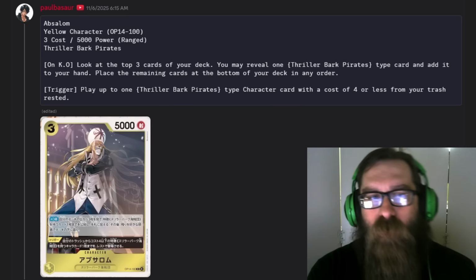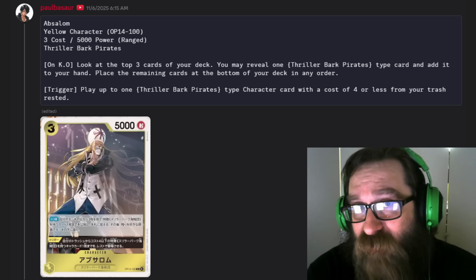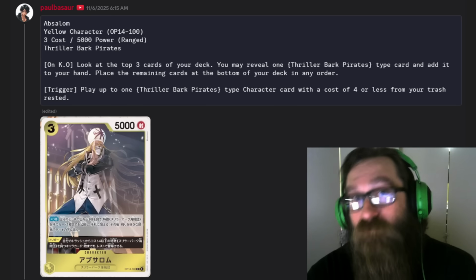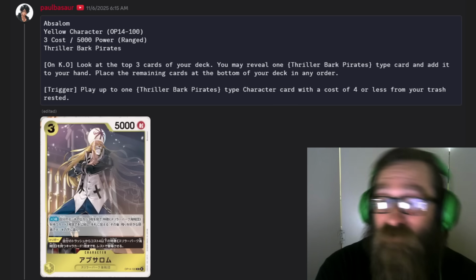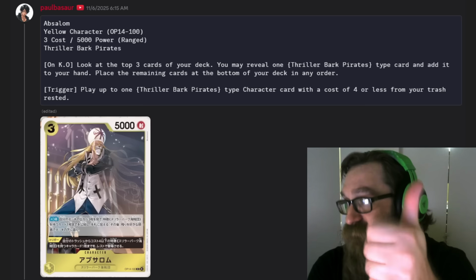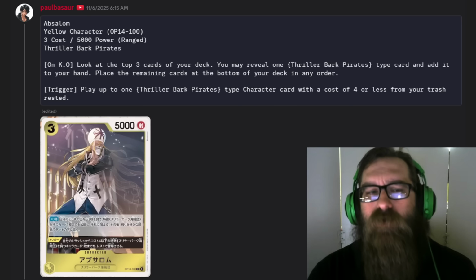Very nice. Okay, the trigger effect is actually very good, right? Because this is a 3-cost 5k, and if we hit it from the trigger, well, now we get to bring a 4-cost out from our trash. Now, it does come into play rested, so your opponent will be able to attack into it, but who knows, that might have been their last attack for the turn. So the trigger, though, that's an A+, very solid, and it is very thematic for Thriller Bark, and it plays